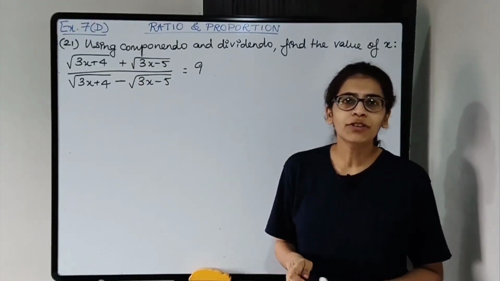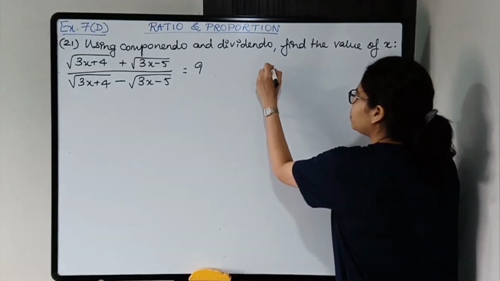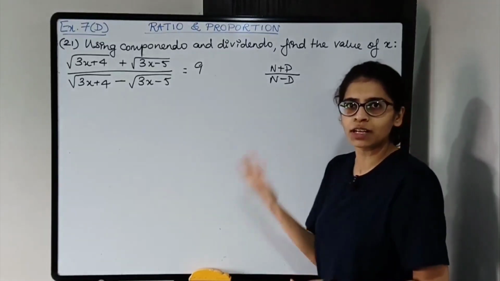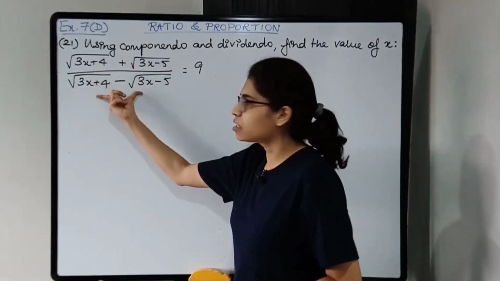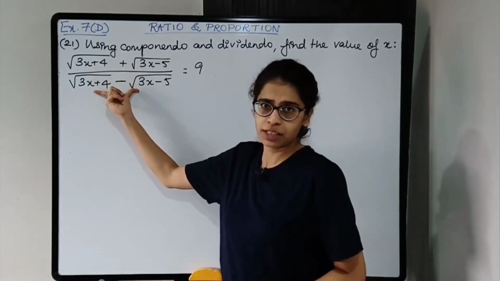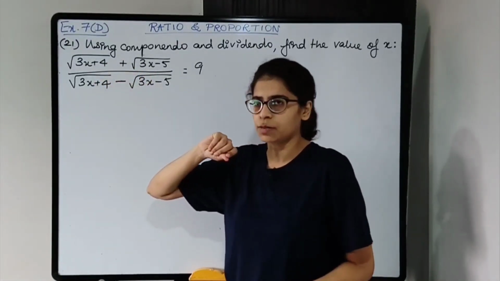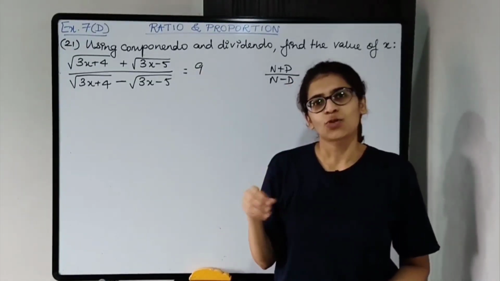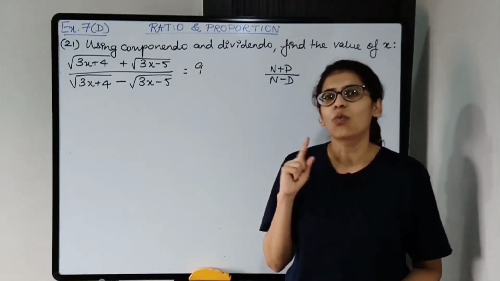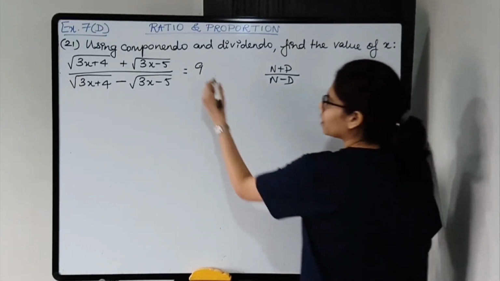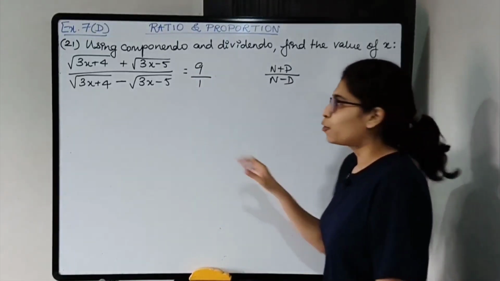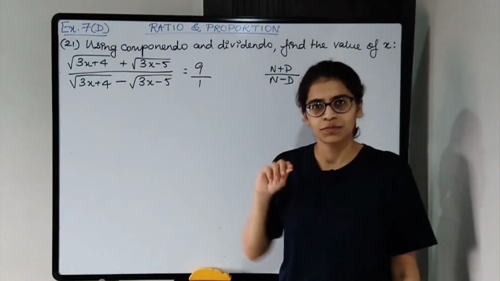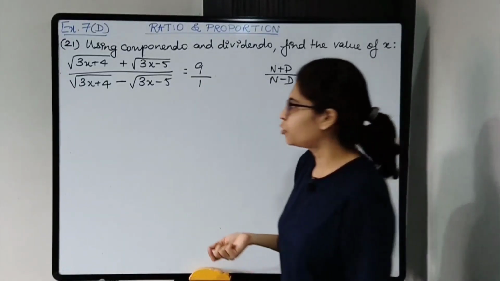Okay, by componendo dividendo, it will be numerator plus denominator upon numerator minus denominator simultaneously in LHS also and RHS also. So this is the numerator, this is the denominator. Numerator plus denominator divided by numerator minus denominator. Same thing in RHS. Now in RHS no denominator is given. So when no denominator is given, what is the denominator? 1. Okay, so 9 will be 9 upon 1. So first you will write down the given information, then next step, write 9 as 9 upon 1. Okay, now we'll apply componendo dividendo.